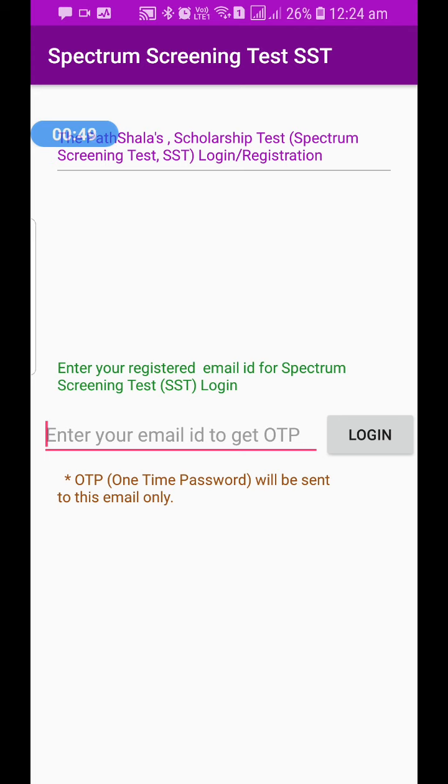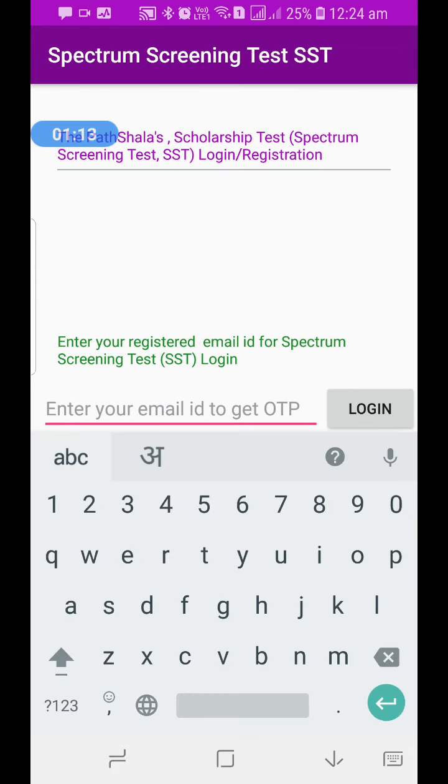After opening the app, a page like this will open. It will ask you to enter the email ID. So you have to enter your email ID. Remember, this email ID should be accessible to you, because a one-time password, OTP, will be sent on this. With that OTP only you can move forward, right? New students enter your email, and old students who are reinstalling the app also enter the email.